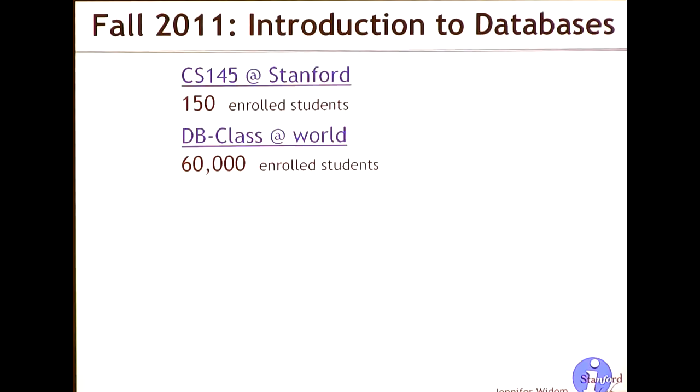Now there's about 300 every fall. But I was convinced, as I said, to simultaneously put my course online. We called it DB class. I had actually already been working on preparing some materials. I was going to do a flipped classroom even before this MOOC idea came around. So I was somewhat prepared in a variety of ways. But anyway, put it on there with those other 2 classes.